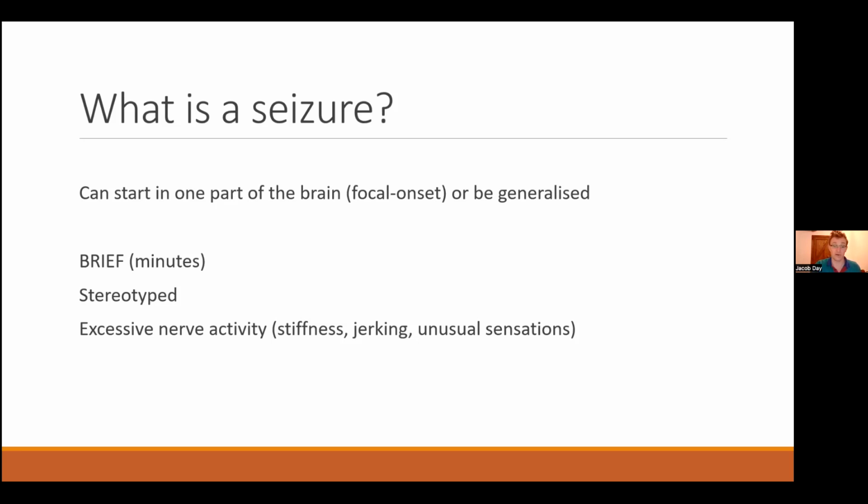For people who have more than one seizure, so typically people with epilepsy, they tend to have the same type of event again and again. So that can be helpful diagnostically. Beware the patient who comes in and says, "Oh, doctor, I've had another one of my TIAs. I'm having one every month." People don't have the same type of TIA again and again. Okay, that's much more likely to be a seizure.